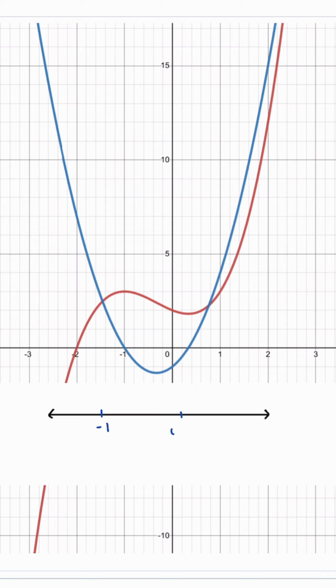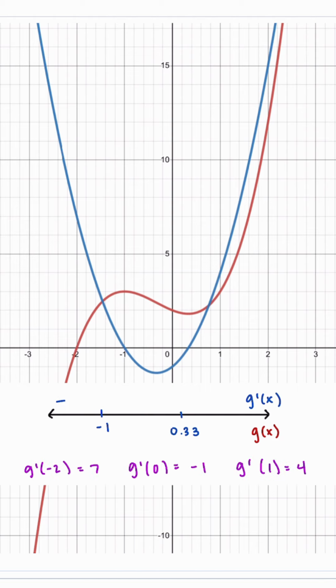We can plug in our critical values and we want to take test points from every interval. Here we're going to plug them into our first derivative because if they're positive or negative, that tells us if our function is increasing or decreasing. So we can see here in our first interval we got a positive value, which tells us our function is increasing. Let's take a look at the graph. We can see that our first derivative is above the x-axis, which means it's positive, and that tells us that